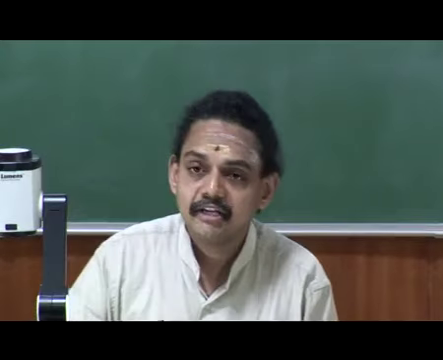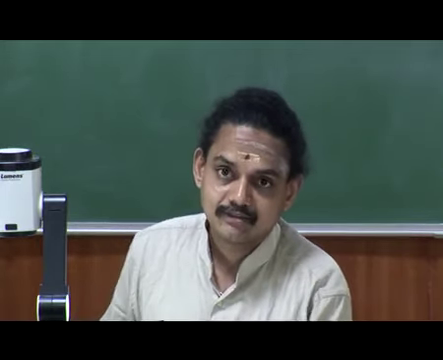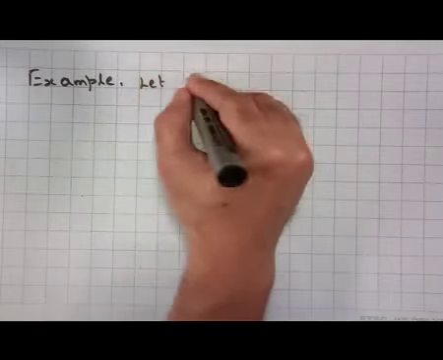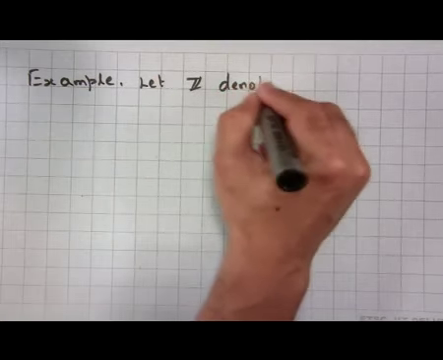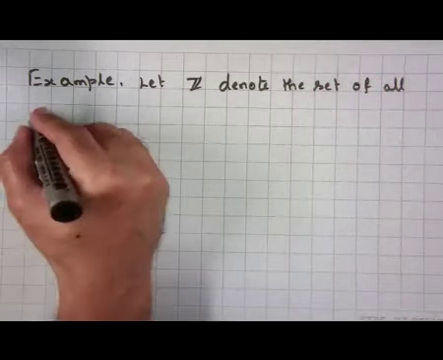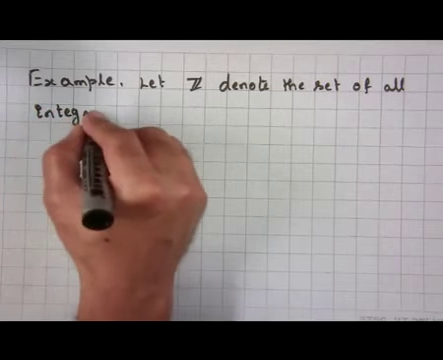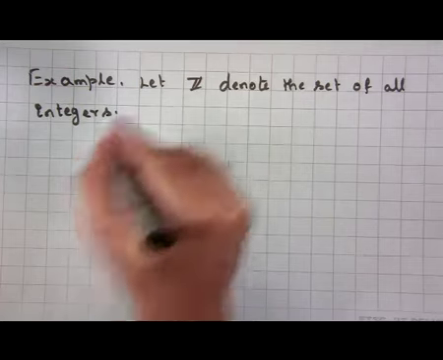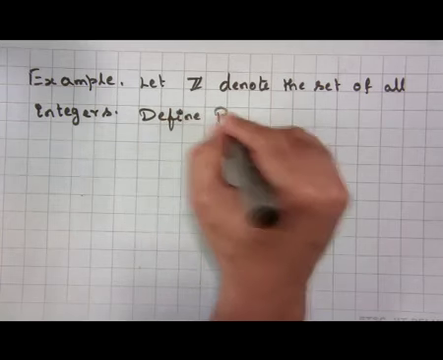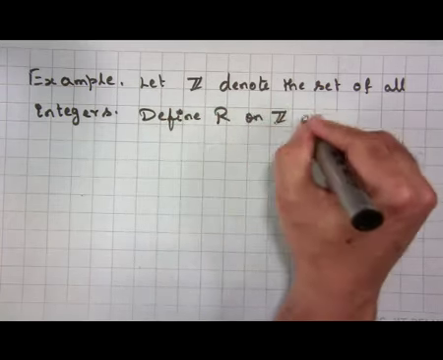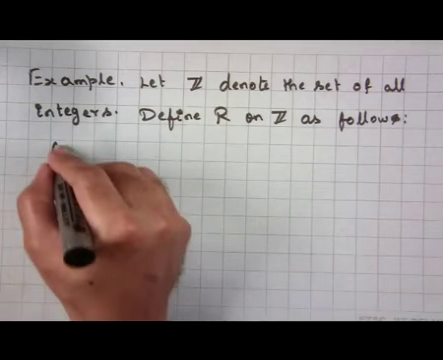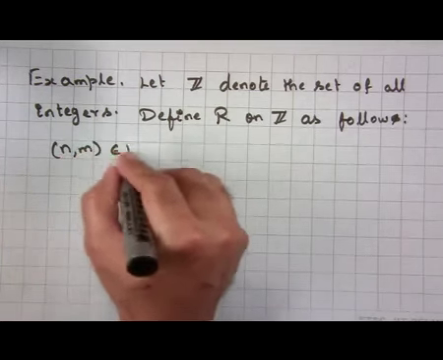But now the question is, does there exist a relation which is an equivalence relation? Yes. Let us do one more example. Let Z denote the set of all integers. Define the relation R on Z as follows. We say that the pair (n, m) belongs to R if